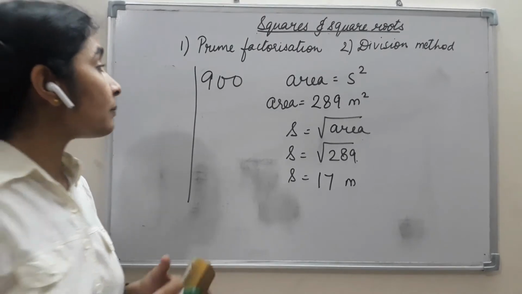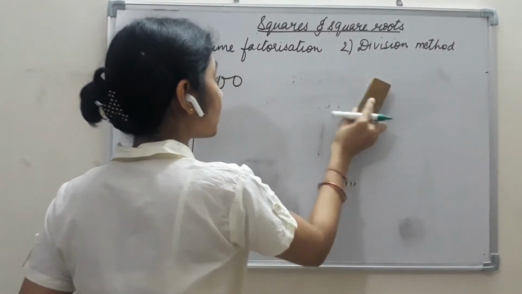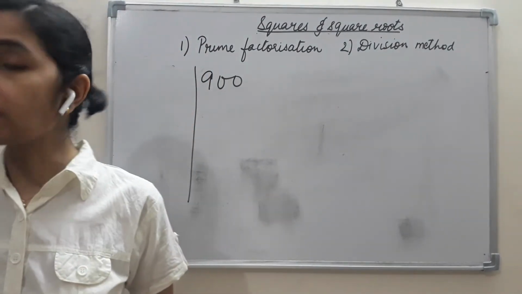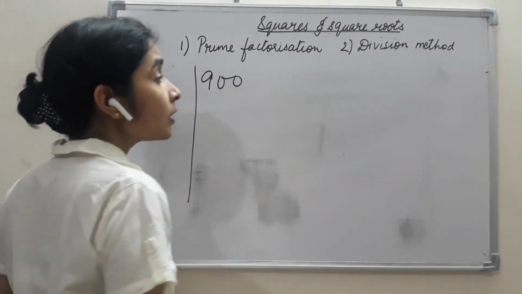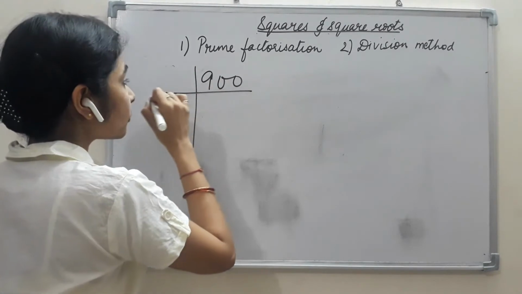Okay, now let us come to the point. The question was, how will a gardener arrange the plants, or how will a teacher arrange the students so that the number of students in the row is equal to the number of rows. So here we are supposed to find the square root.